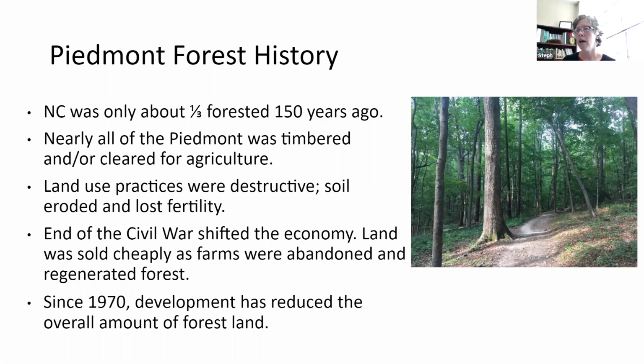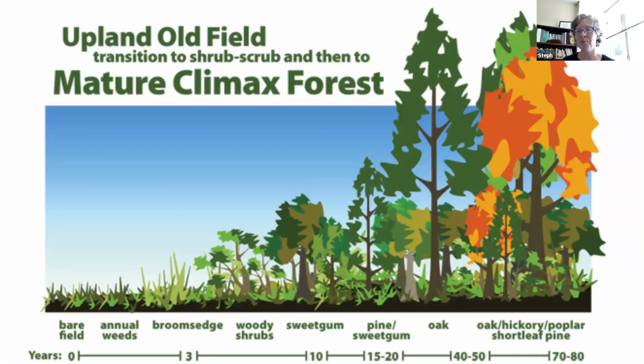projects. So you can actually predict what happens when you walk away from a piece of land and allow it to turn back into forest, right? In North Carolina, you do not have to plant trees to get forests in a very short period of time. And there actually follows this predictable path from agriculture up to a forest stand. There's a little bit of variation depending on where you are and the soil type and some other factors like that. But you can pretty clearly predict what's going to happen to an old field as it